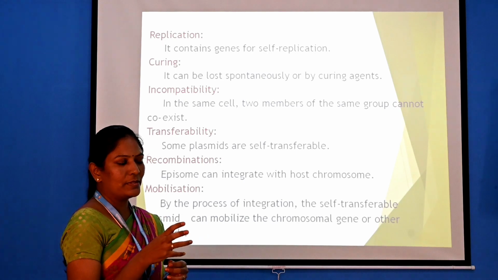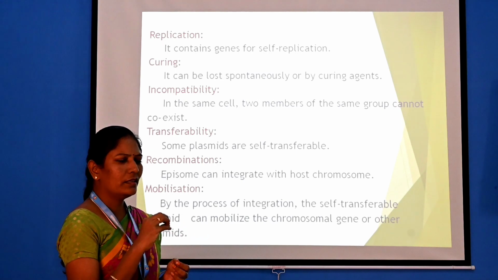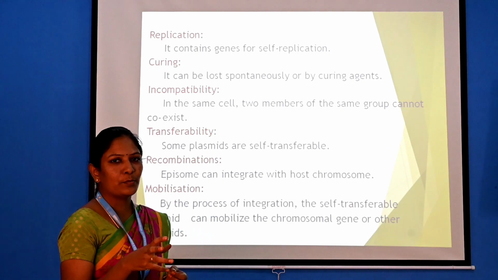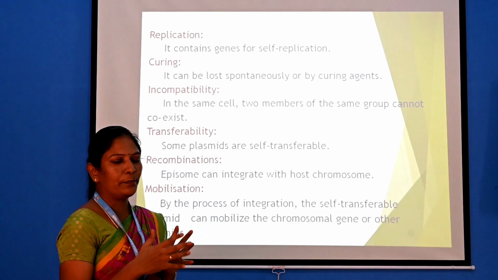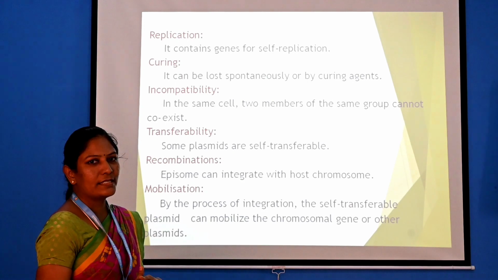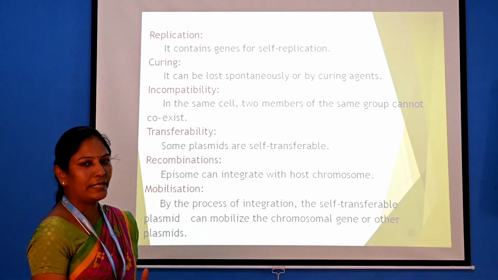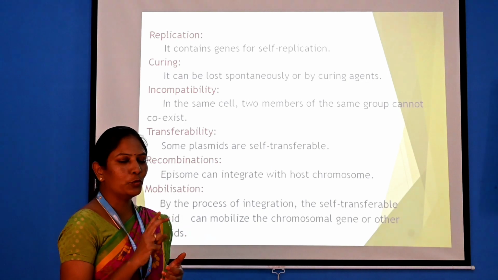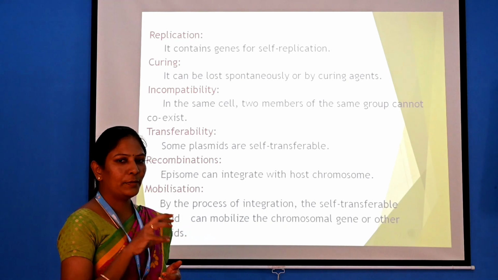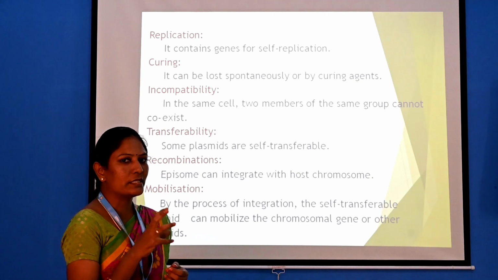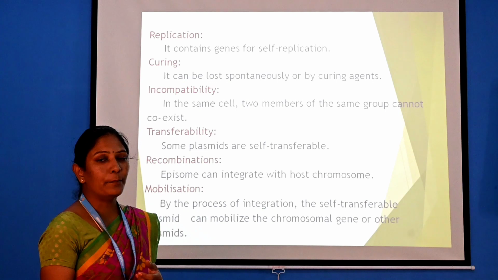So some of the plasmids, for example, in a bacteria, if A and B plasmids are present, they are mutually present. This is a compatibility plasmid. So the next characteristic feature of a plasmid is incompatibility. Incompatibility means in a bacterial cell, if two plasmids exist, one plasmid will kill or destroy the other types of plasmids. So this characteristic is known as incompatibility.